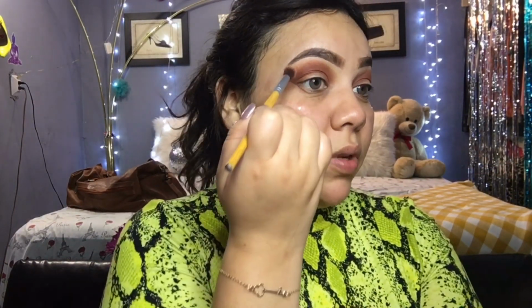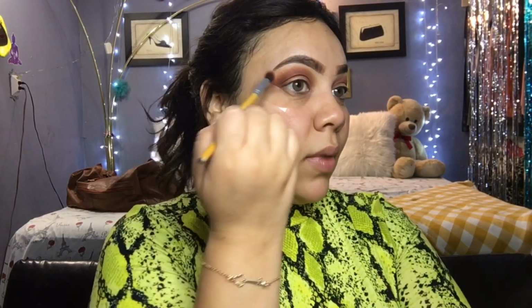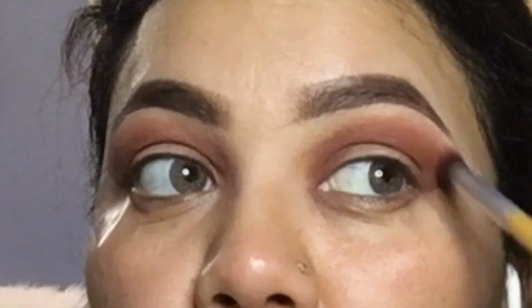I'm gonna grab Orgasm. Blissful. So I'm gonna use these two, and then I'm just gonna go out of the shape a little bit, up towards the shape, and just blend that out. So I'm just gonna use this for